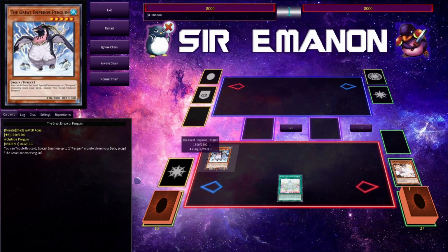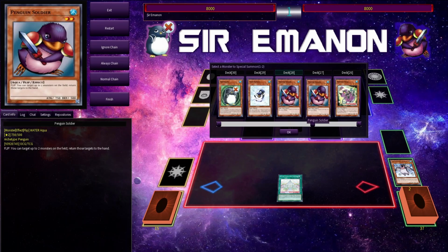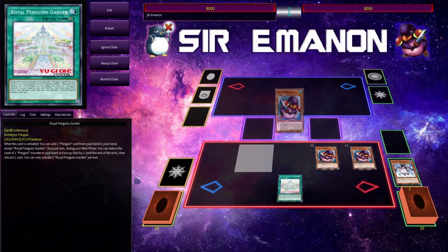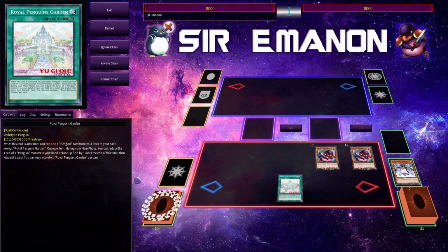We're then going to go and normal summon this Great Emperor Penguin, tribute it off, and then we're actually going to do something maybe unexpected. So we're going to go for actually 2 copies of Penguin Soldier. And this might seem a little bit suspect because this is generally the one you want to be summoning off your Penguin Brave, right? Well, that is true, but considering that we are kind of playing in an isolated circumstance,